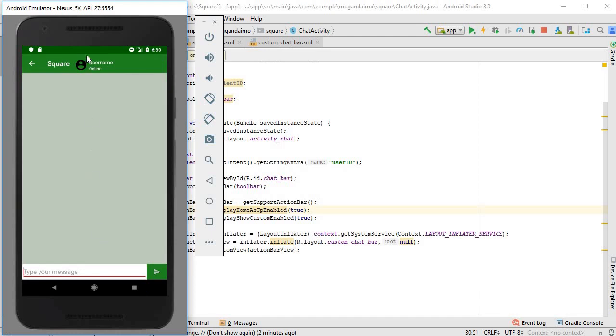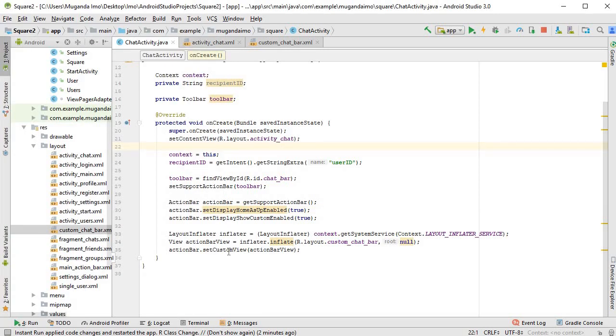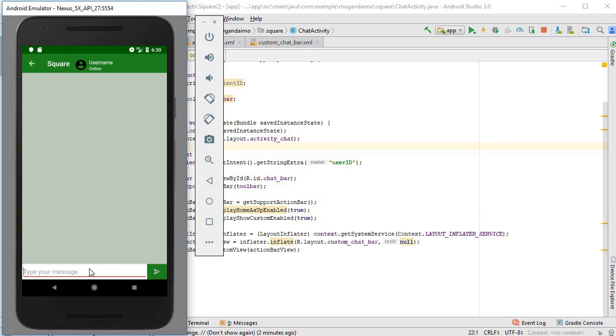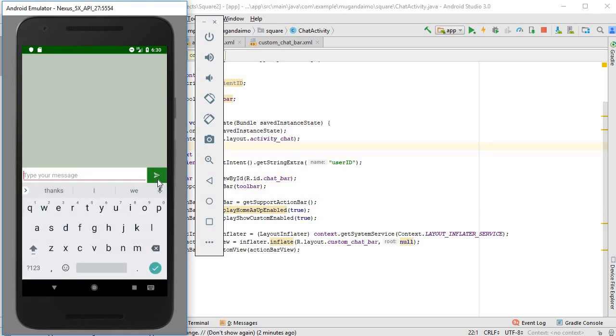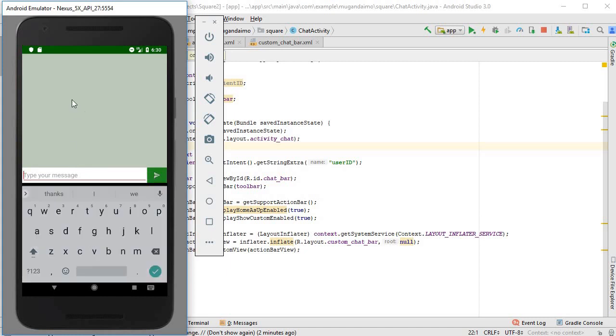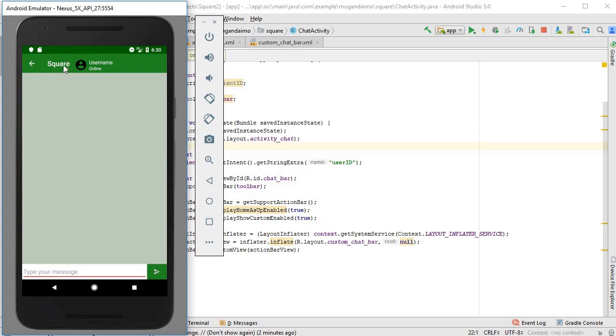Okay, so our custom app bar has shown up, which is good, but this square is also showing up, which I don't know where it came from. But you know what, the whole thing is looking good generally. I can see our linear layout is there, our button is there, I'm sure it's working. I'll figure out where this square came from and get rid of it, but we can